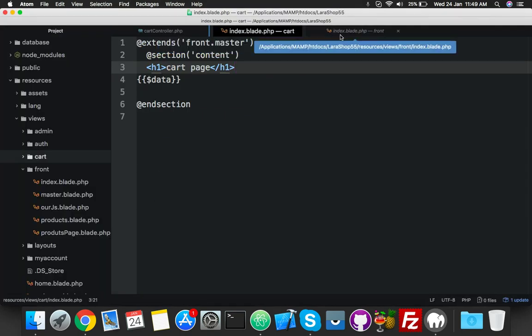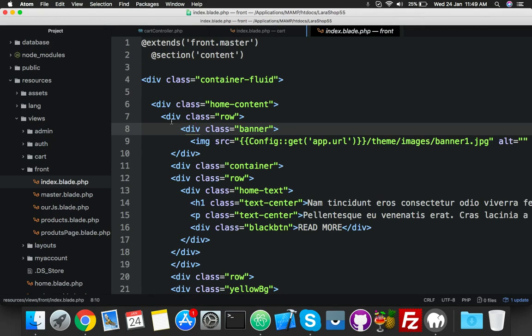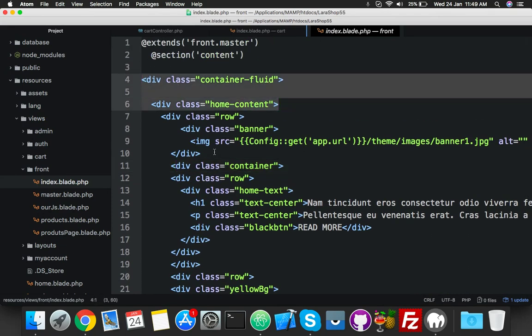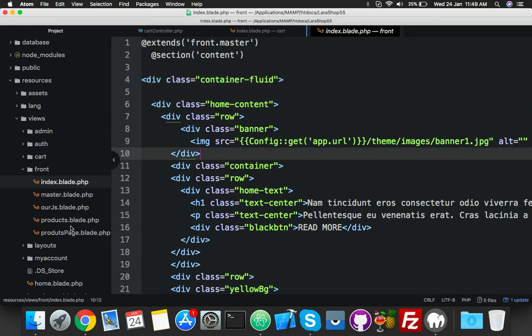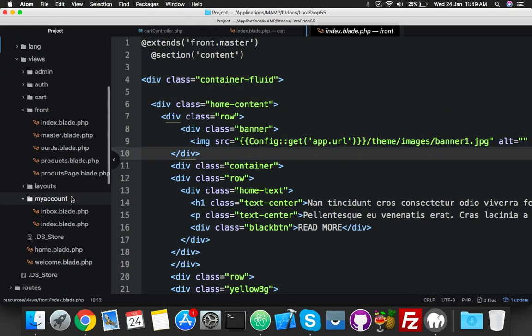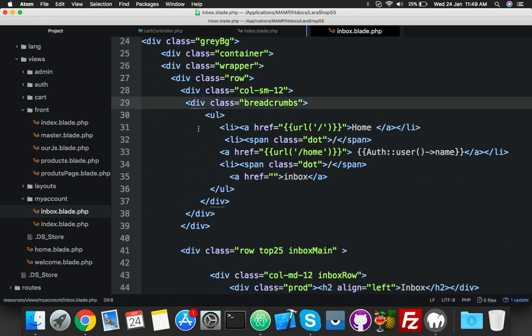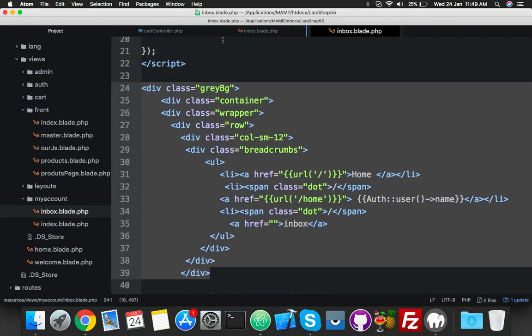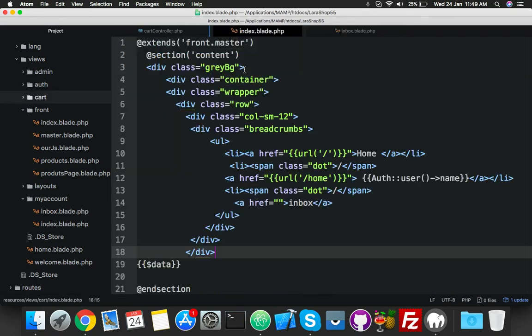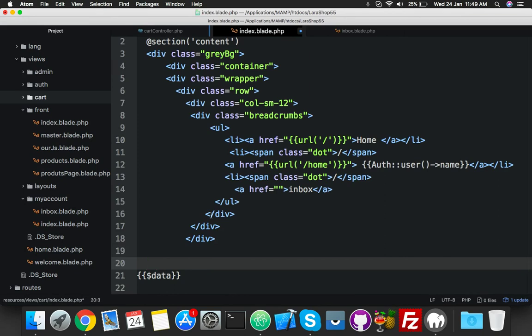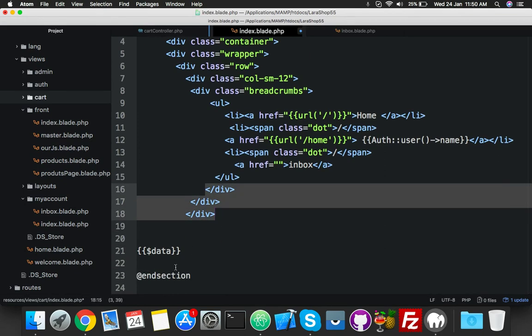Now let me add some, yes, this breadcrumb container. Let me check my count. This page is okay, I think. We can copy this row, this 12, and this row. So 3 div for our this one. Here you will close 3 div, copy this and paste there